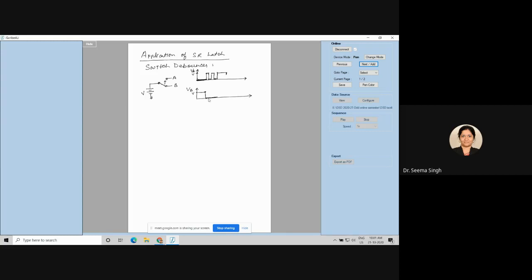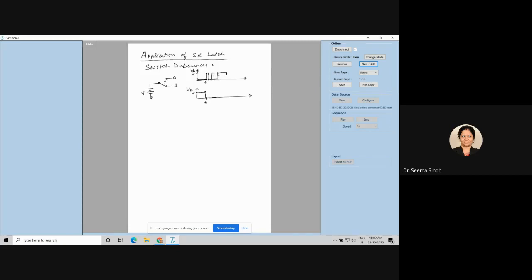The VB side, it had left VB a long time back, at this moment only. At this T equal to T, you can say, it had left your VB. So VB does not have any problem here. The problem of bouncing will happen where it was reached, that means at VA.